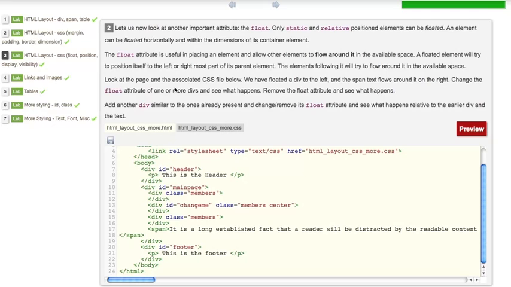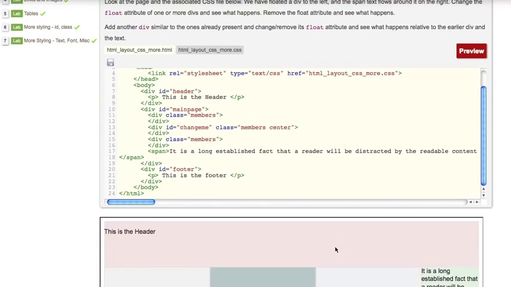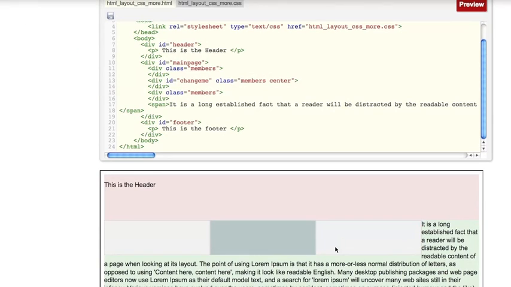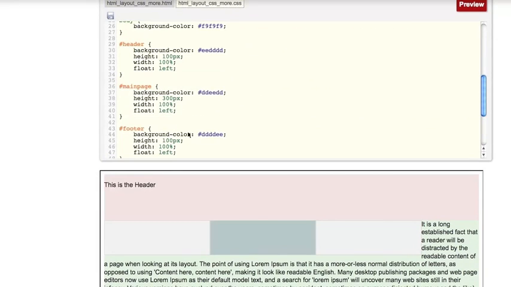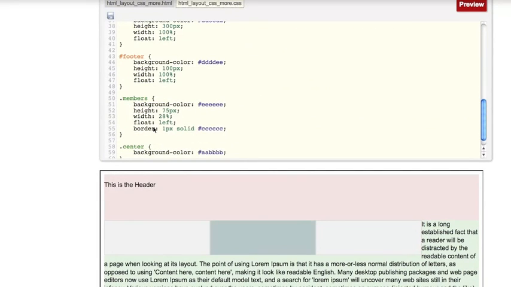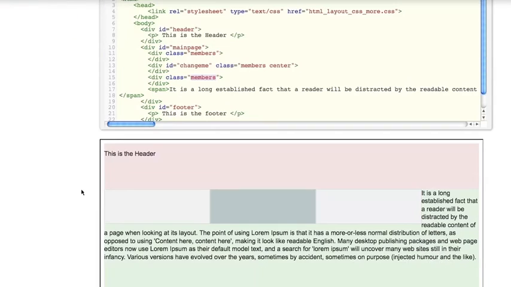So let's look at our web page and hit preview on this. Okay, so what you see here is you have three divs, which are all positioned with float left. So let's look at the CSS file and the class members. If you look at the class members, you have a float left attribute specified. If you look at the HTML, the same class members is assigned to all three divs. And you have a span which contains some text which sort of flows around these divs as we had just